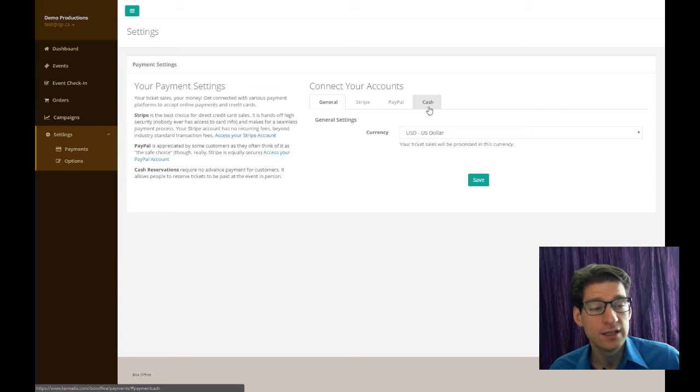The third option is cash payments, which might seem a little odd because you can't accept cash through a website, obviously. So the way cash payments work here with the Karmatix is people can make their reservation. They can get their ticket reserved, and if they choose cash, it's basically pay at the door. So they can reserve their ticket. They're confirmed to be attending. They have a seat that will be saved for them,